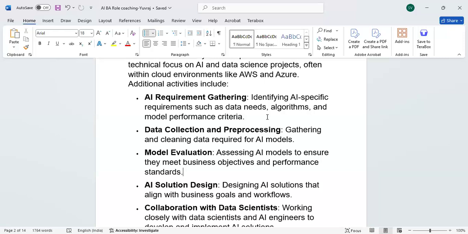I'm not completely aware about this process, but if, for example, we are developing some XYZ application and we need some data regarding the HRMS, and there are some fields, for example, we are preparing XYZ employee registration. No, no. That is the traditional activity. What happens is machine learning activity.